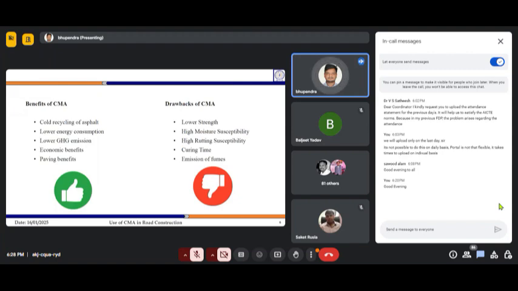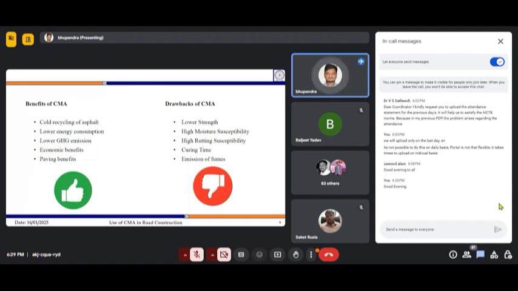So cold recycling is kind of what we can call Sone Pe Suhaga. First we are doing the recycling, which in itself is a very environmentally friendly thing. And then upon that we are doing it in a cold way, meaning we are not heating up any material. We are just using the cold mix asphalt technology, and we are recycling our older roads and creating new roads. So that is a big benefit associated with the cold mix asphalt technology.